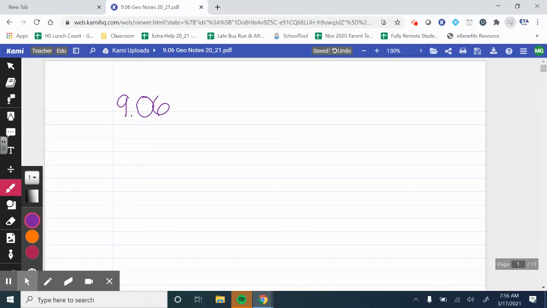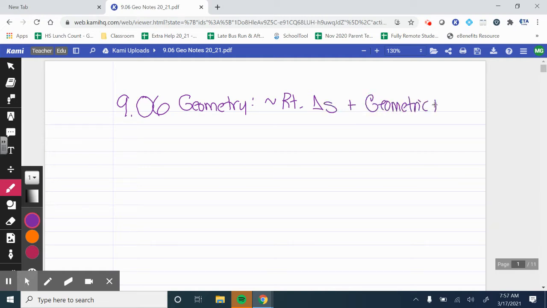Hello, we're on 9.06 geometry today, and we're talking about similar right triangles and the geometric mean. That's a fun one. All right, so first of all, to find your geometric mean,